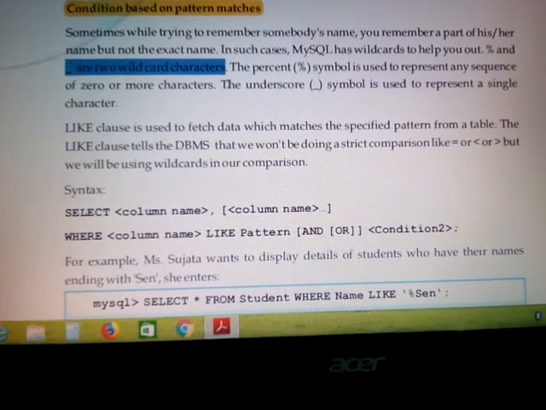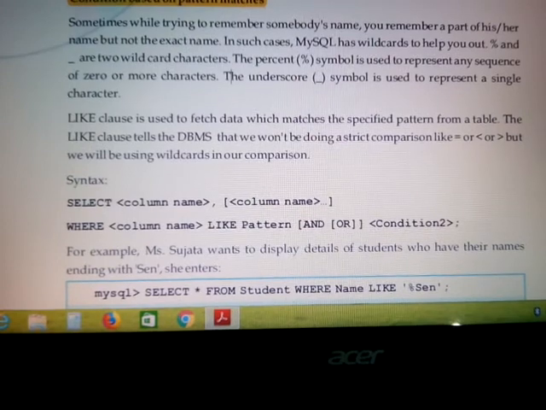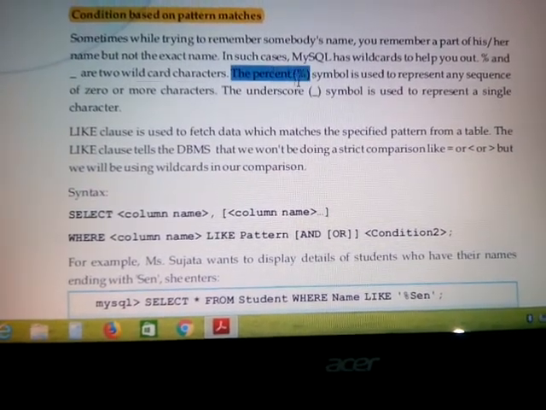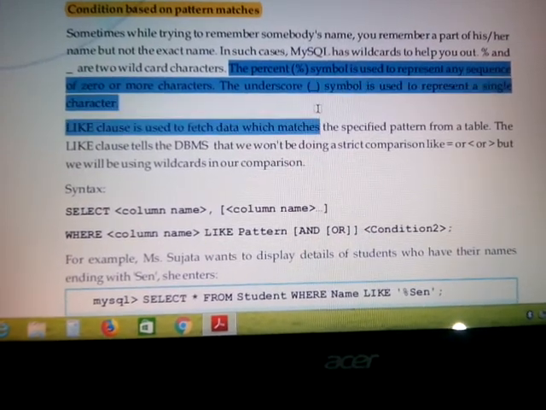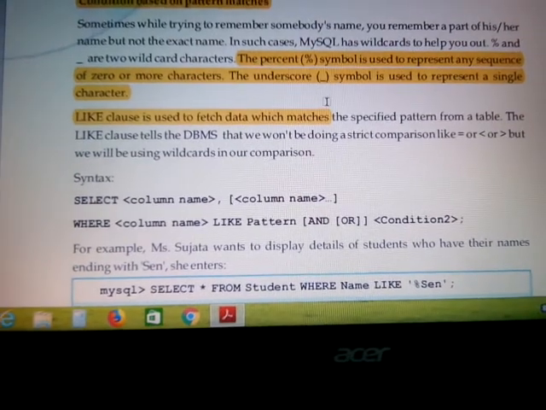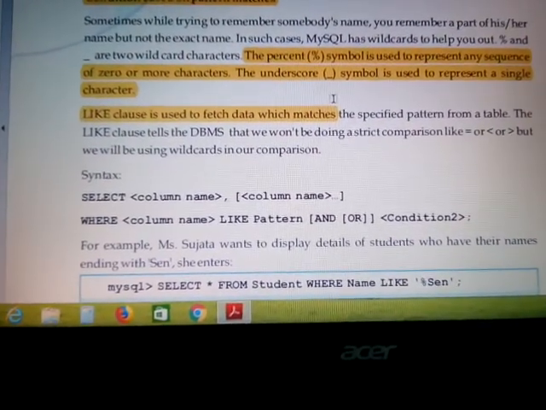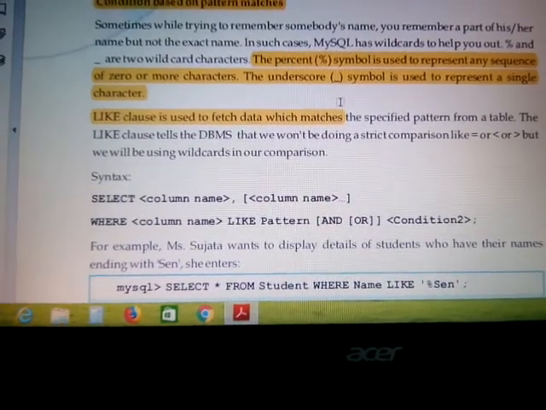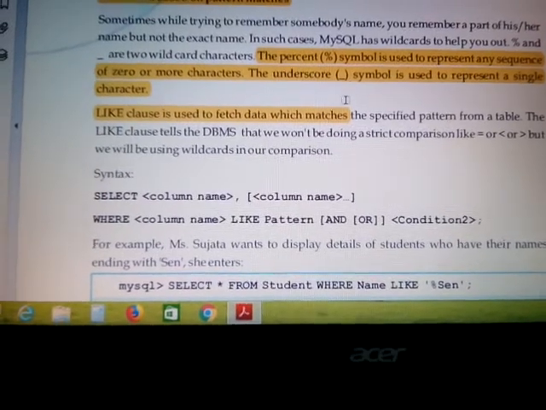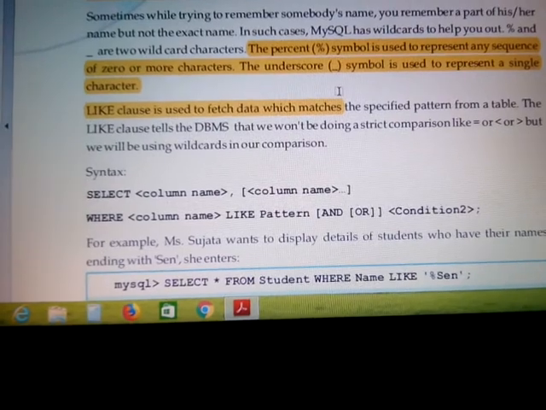Okay, so let us check how it works. The percent symbol is used to represent any sequence of 0 or more characters. That means if you want to check, for example, names that start with A, or names that start with A and end with A, and so on, that is any sequence of characters.